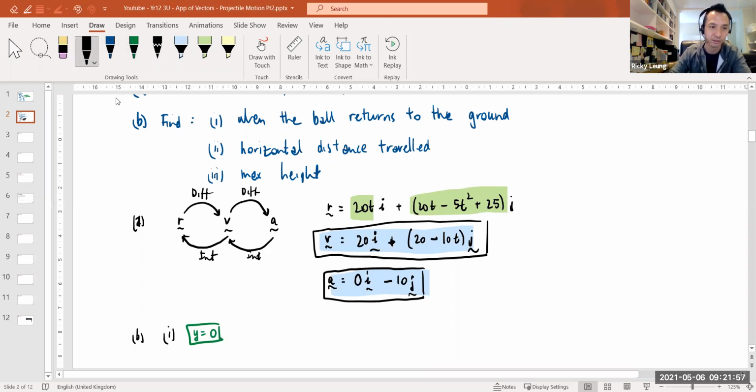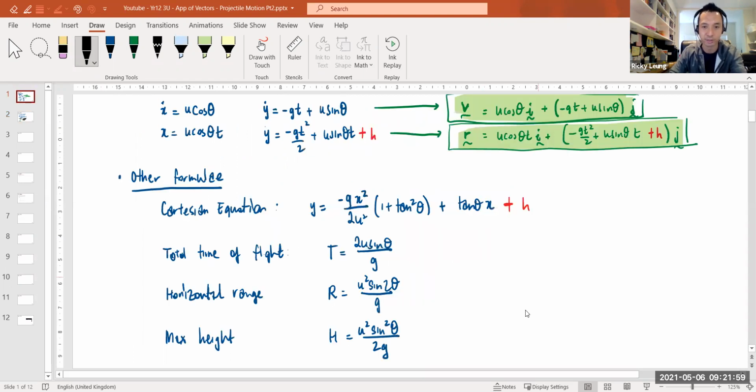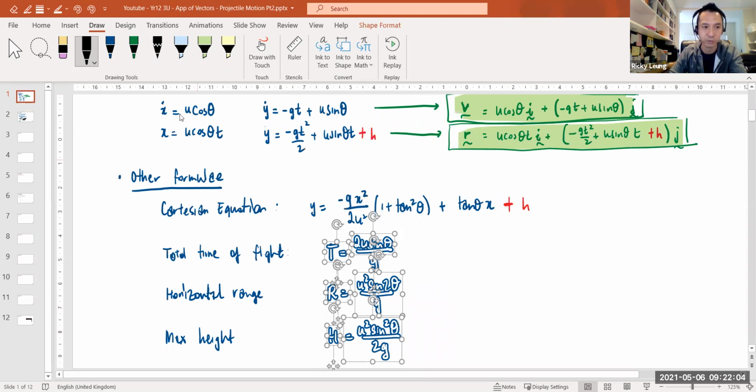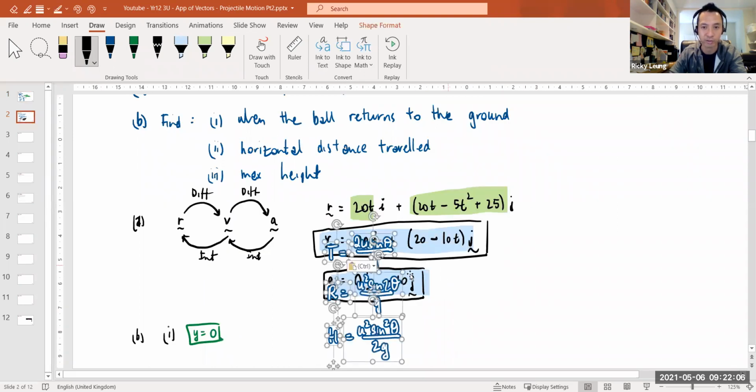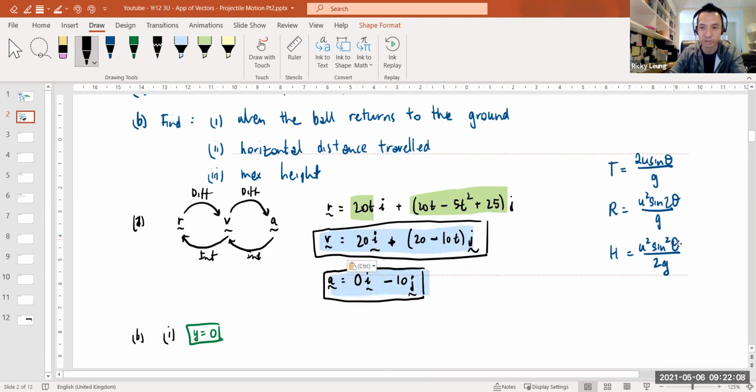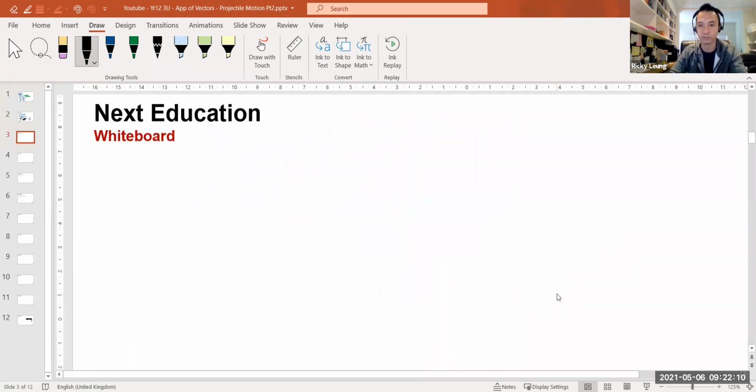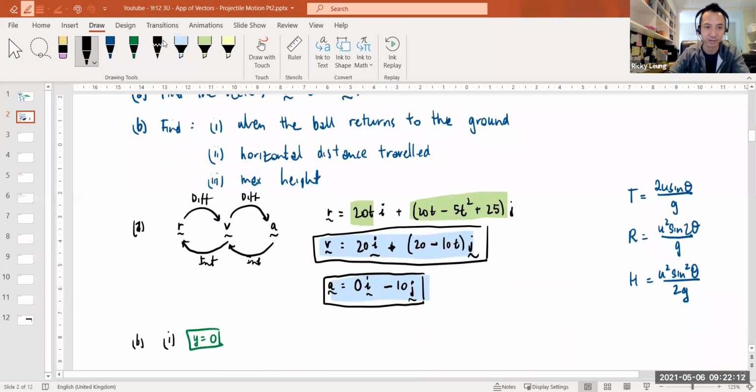I'm just going to go back here and cut and paste these formulae here so I can work off that. Just move it up to the side, so I can have a quick gander every time. So I want the total time of flight for part A. So that's just